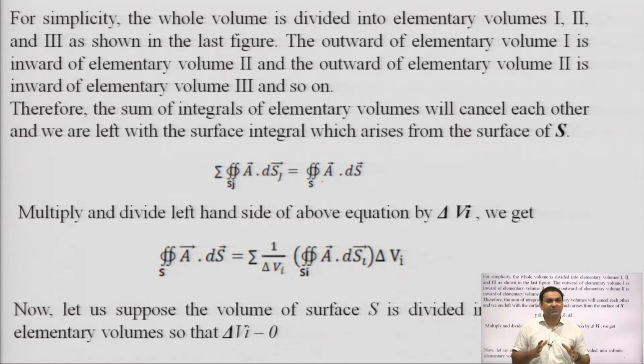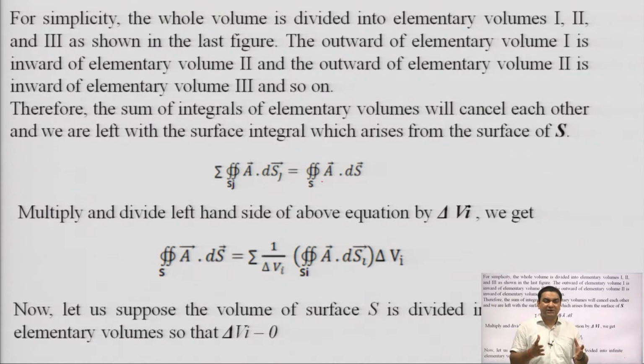Therefore, the sum of integrals of elementary volumes will cancel each other, and when they cancel each other, we will be left with the surface integral which arises from the surface of S only,